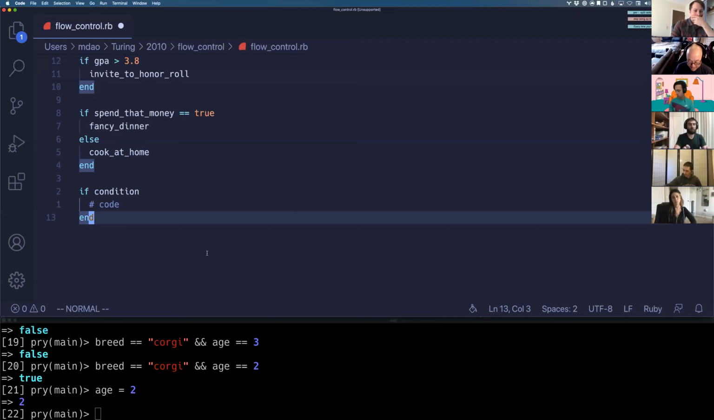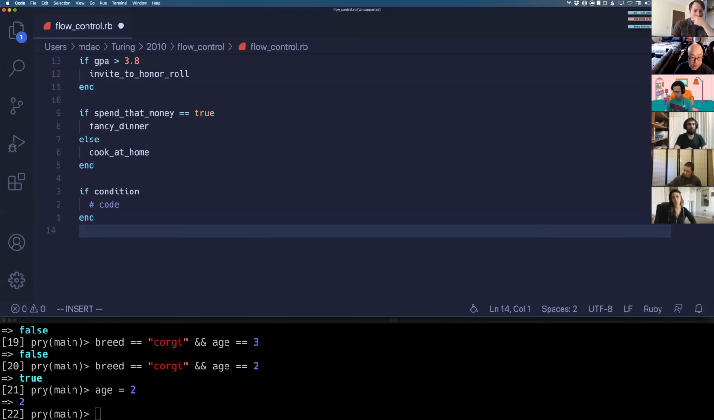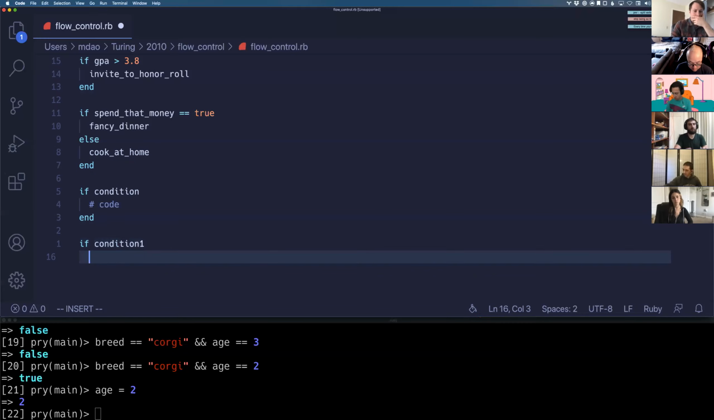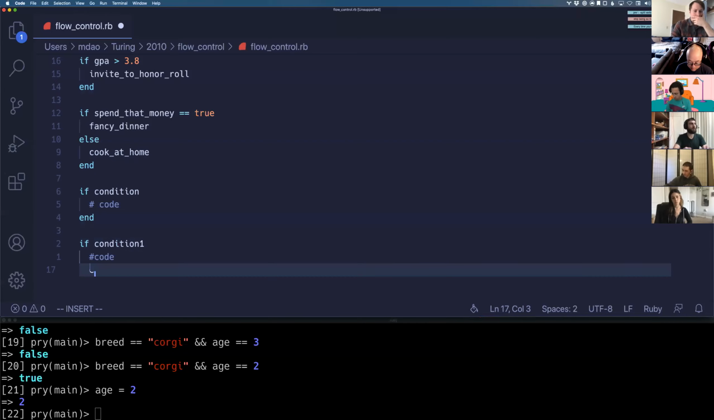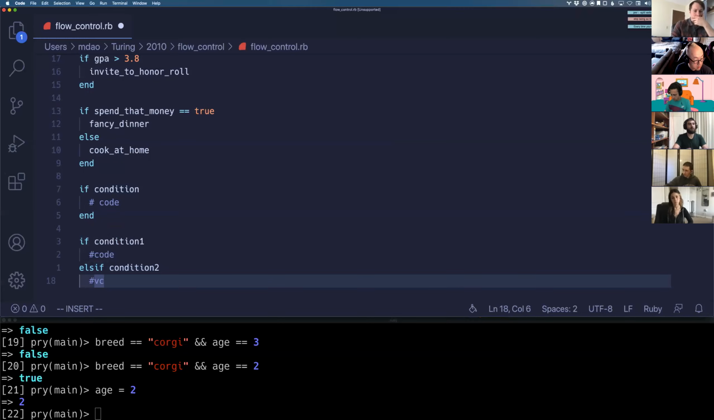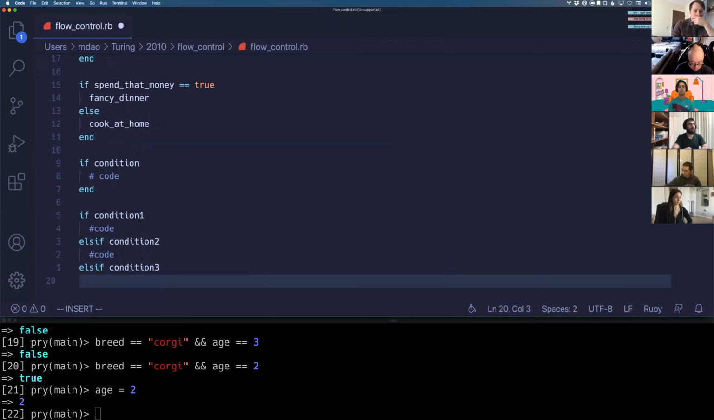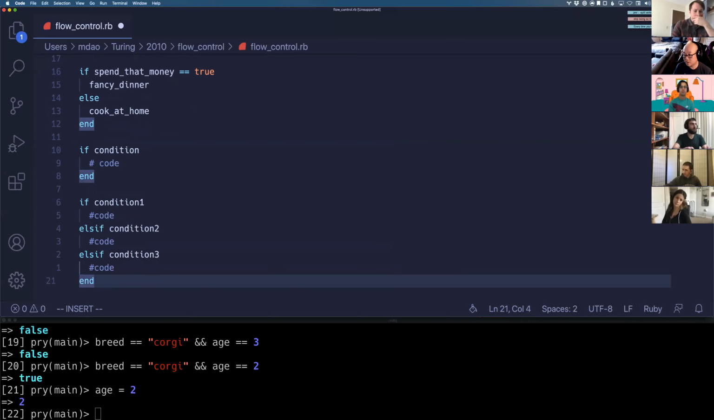We can also add additional branches to it. We use else if. So it can look like this: if condition 1, code, else if condition 2, code, else if condition 3, code, end. And so what happens here is that